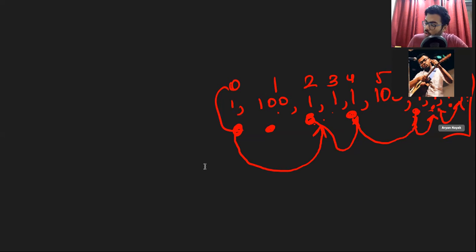All right, so out of this you went to 0th index, you went to 2nd index, you went to 4th index, you went to 6th index, then you went to 7th, and then you reached the last one. So here we have the answer as 6.